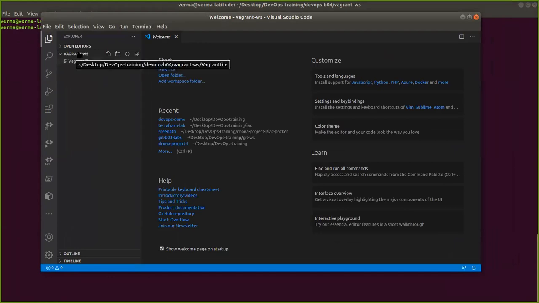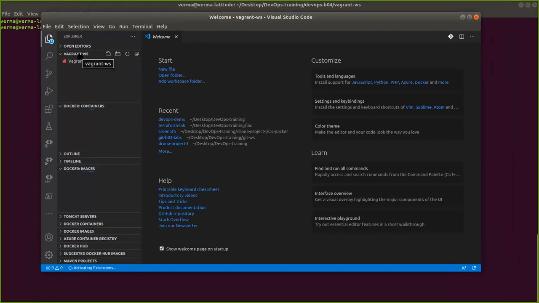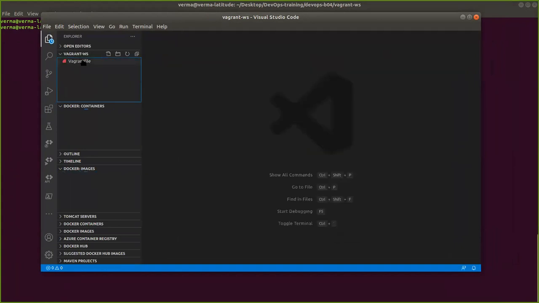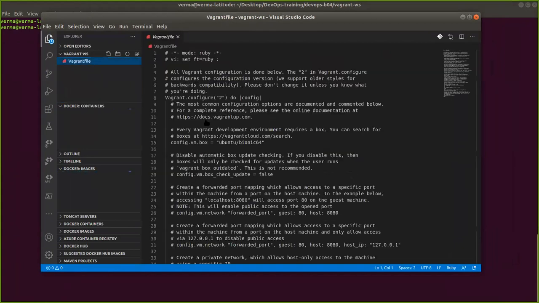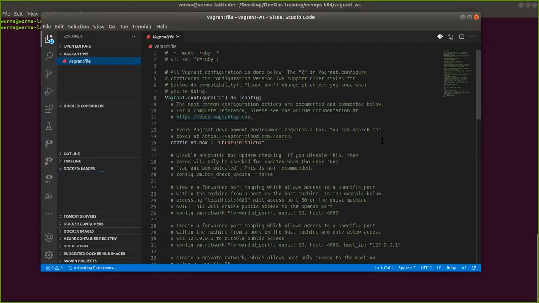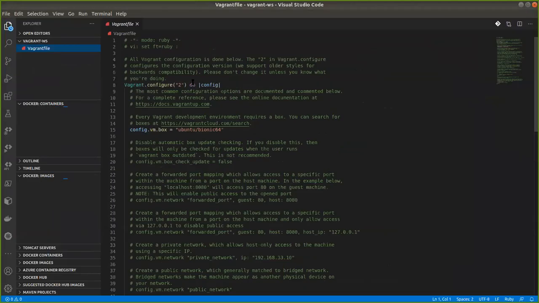You can see the Vagrant workspace folder was opened, this is the welcome page, and this is the Vagrantfile. If you install the plugin, I will tell you how to install it. Now you're able to see this is one line of code and this is another line of code. And where is this coming from? From here. I will take you through that as well.